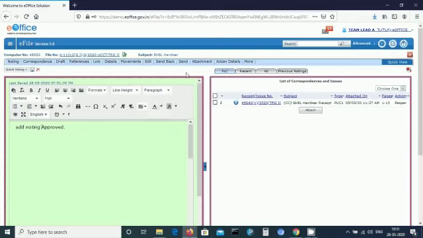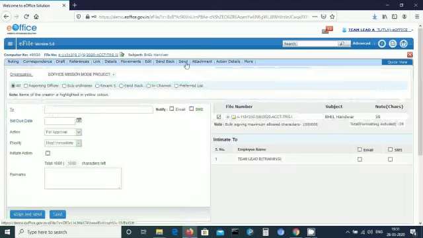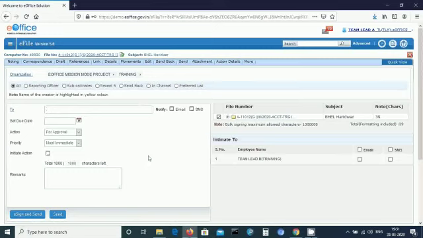Let me select the send option. It will show me to whom we need to send. It can be sent to the reporting officer, subordinates, the recent 5 that you have sent. It can be sent back also in the channel and preferred list.